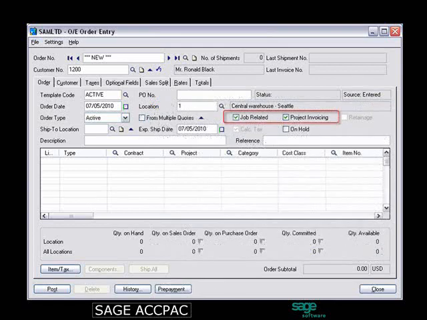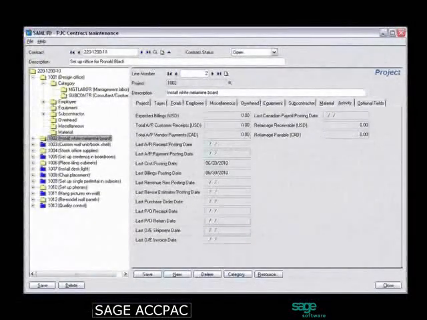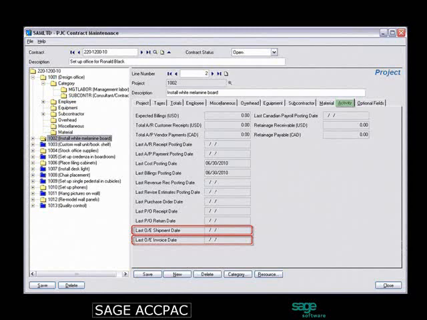Project and Job Costing also accepts costs from job-related shipments that you post in order entry. For shipments that use project invoicing, Project and Job Costing handles the billings and costs. You can also choose to post job-related invoices in order entry for projects that use item invoicing, except of course for projects that use the completed project accounting method. When you post invoices in accounts receivable, AR updates Project and Job Costing with the costs and billing